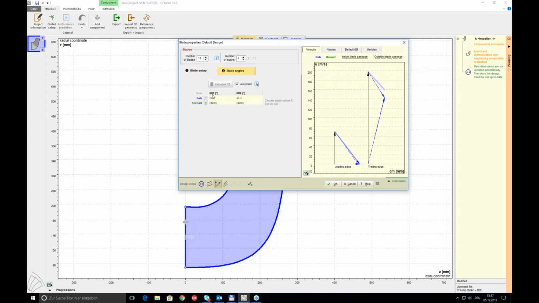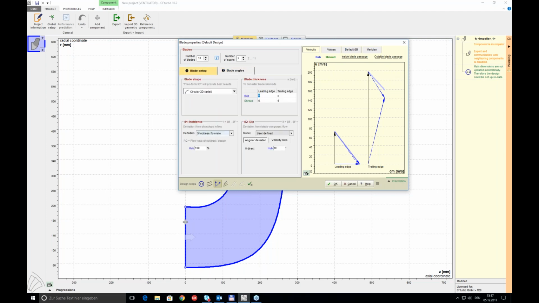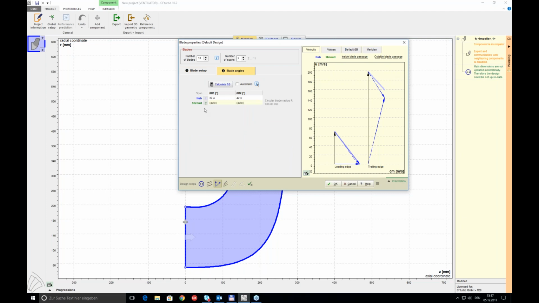At the second tab, there are the blade angles, which again can be calculated by CFturbo or can be typed in by the customer itself. If they are calculated, then the Euler equation of turbomachinery will be used, plus the slip information and the incidence information. And with the help of this information, those proposals will be made, and one can accept that or can override it